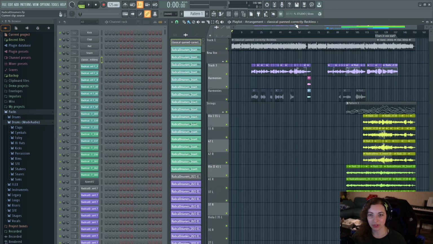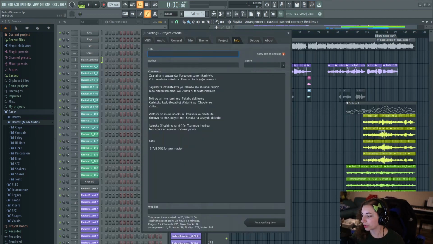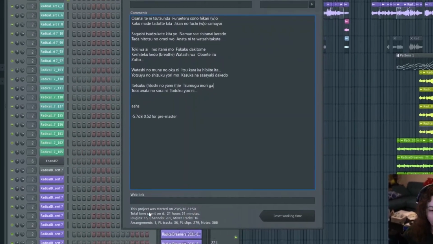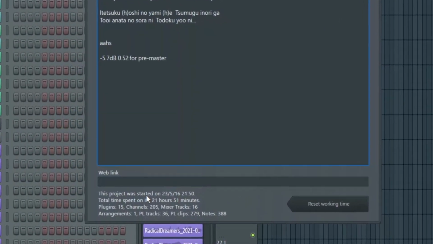It's pretty cool. So I used FL Studio for this. Kind of fun thing about this one though, I started this when I had FL Studio 11, which was a while back. If I show this, I should probably keep this up just to see if you can see it. Yes, cool. So this cool little window I use for lyrics and different notes here and there. But at the very bottom here, it says the date that the project was started on.